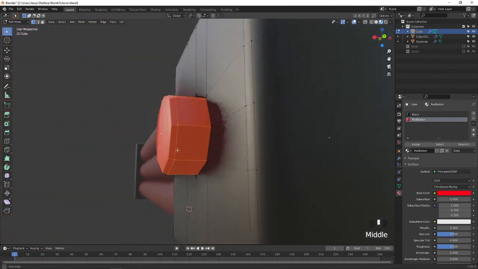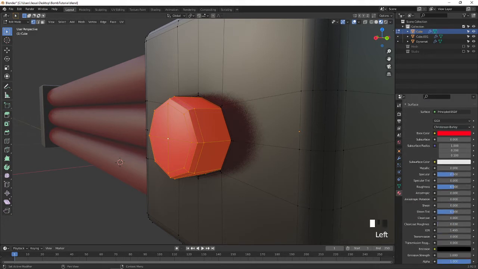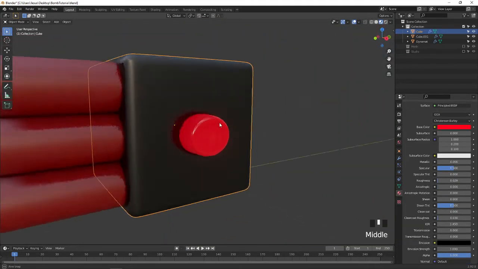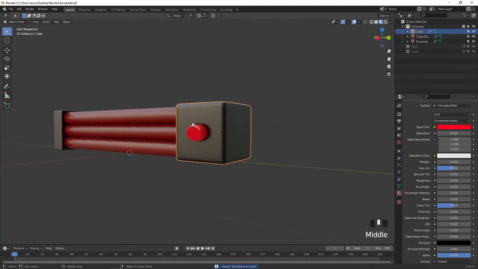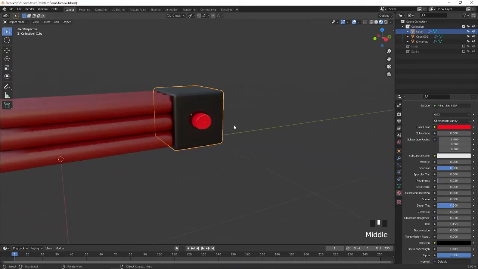So now we can see it's assigned the same. Okay, now I'm going to reduce the roughness, because I'm going to make the button shiny. Go to the object mode. Now you can see our button is ready to turn on the bomb.